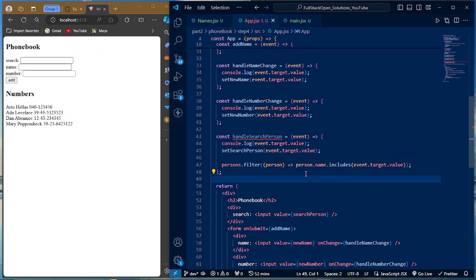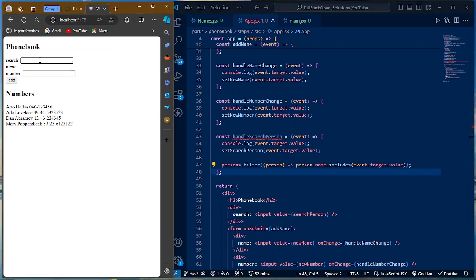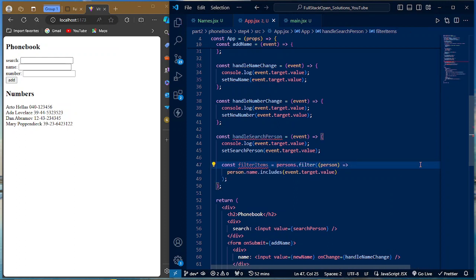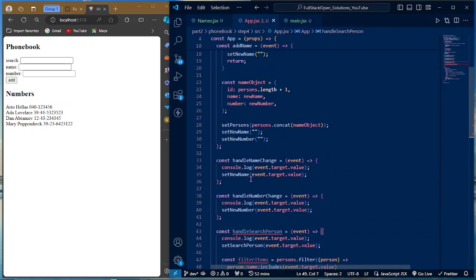So what this means is that whatever text we are writing inside this input field is going to search for any names that contain the text written here. That's what this means. Then we are going to be assigning this to a variable name. So let's say const, let's call it filterItems. Then we save this. Now we are going to be using these filter items inside